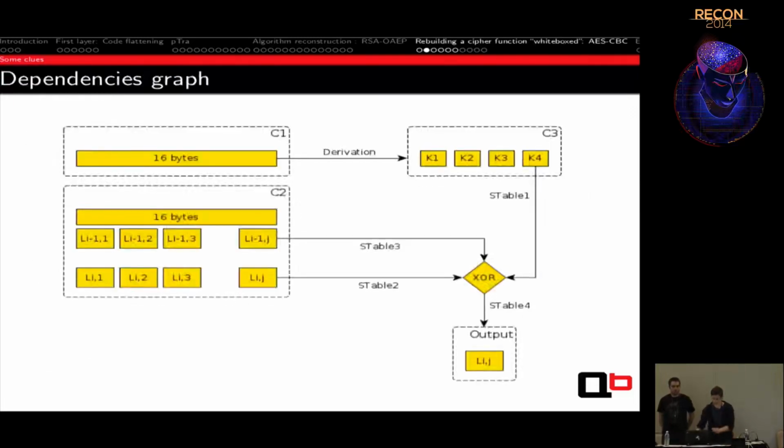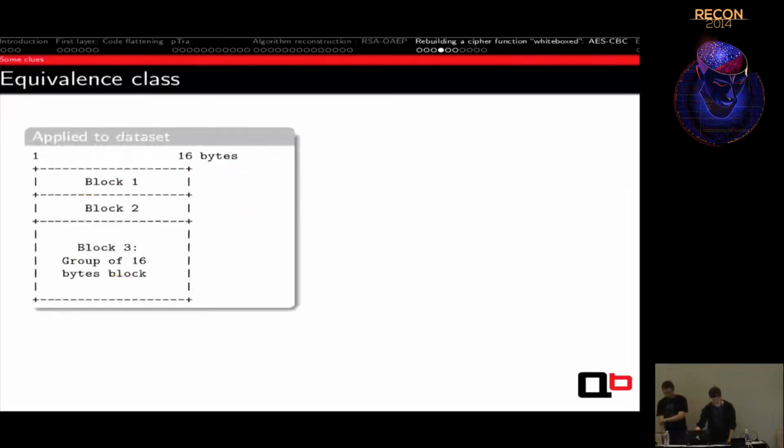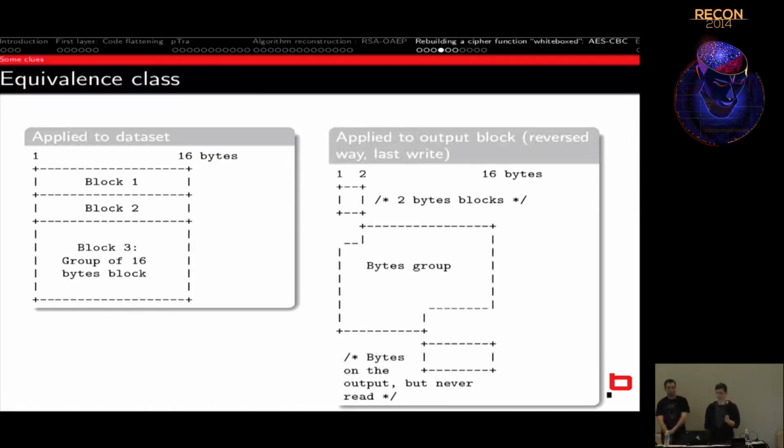If you remember the first graph, it's like the C1 and the 2 blocks in C2. Then we apply the reversed algorithm beginning from outputs that Gigi showed you with DDDDD padding, and we search for the last write, and we got this structure. The first 2 bytes are used, I think, for length, then a group of bytes, and then DDDDD, which are written but never read. So if this is really padding,